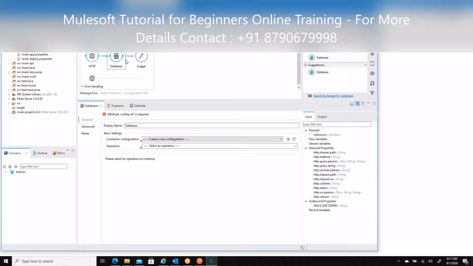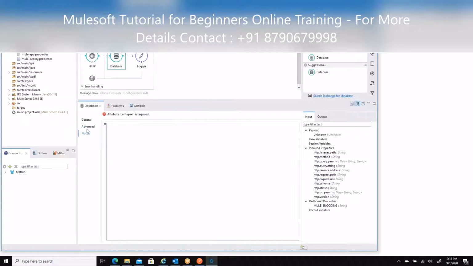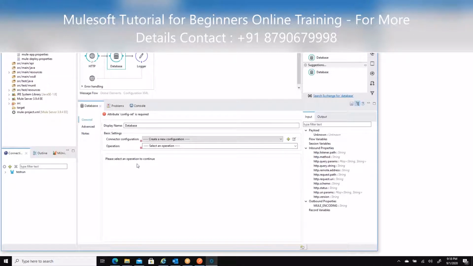This will connect to the database, and then we can query here. Can you go down? Yeah. Go down where? Whenever we configure an operation, you can find the operation here, right? Before connector connection details. Now down, please. No, they are generic ones in general. Yeah, please. Here, select an operation to continue. Operation, right? Can you click on there?